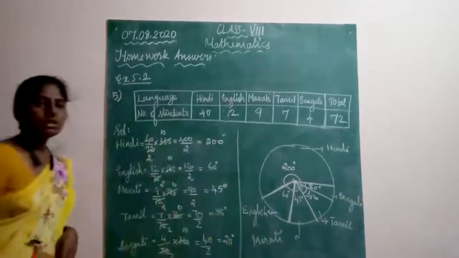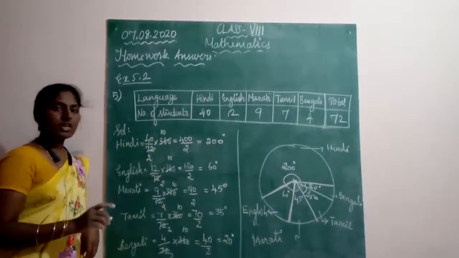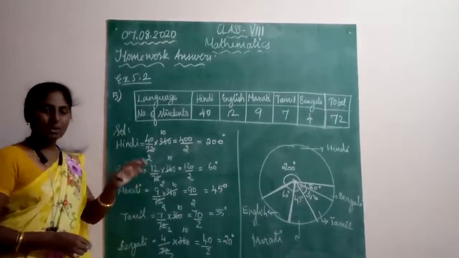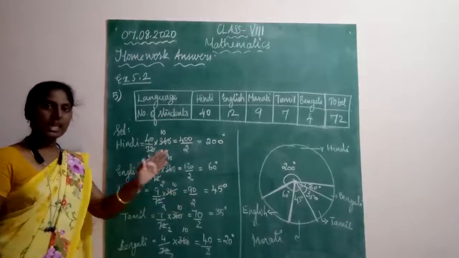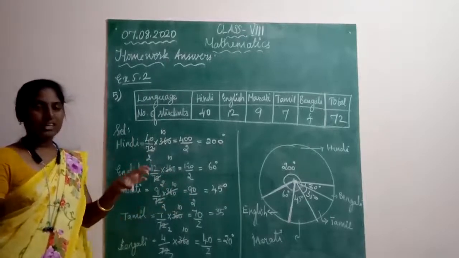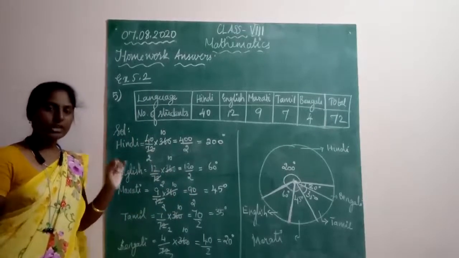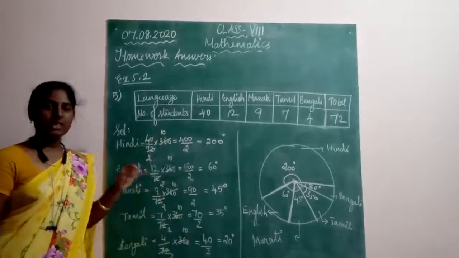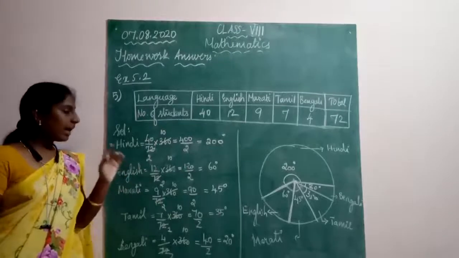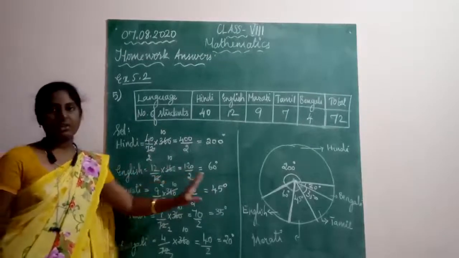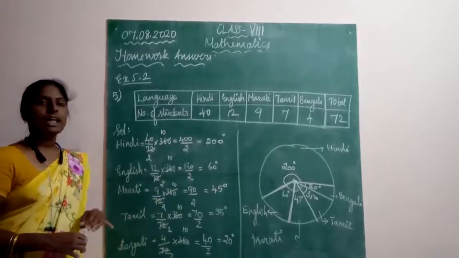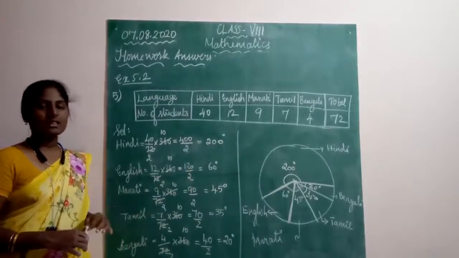so is it clear? So whenever you are asked to draw a pie chart, first find the central angles, then using that central angles place the protractor. After that, first make a circle with any radius, then keep the protractor, measure and point out each and every angle of the central angles, and then join it with the circle and then draw. And at last you have to mark it like this, you have to label it. Is it clear for all of you? Okay, just go through all the answers and make the changes if there is any changes.